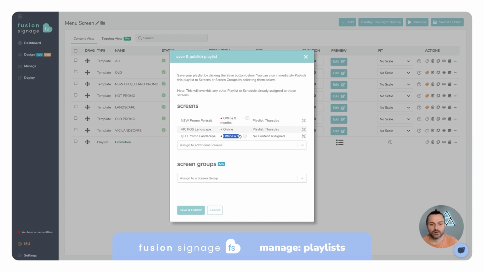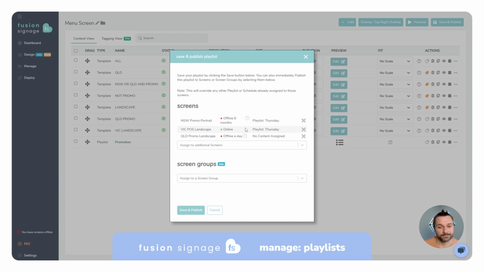Now, it's not uncommon to see that a device has been offline for a day. It could be that it has a scheduled on-off time on the screen, so it's going to turn off at 5 p.m. and then maybe turn on the next morning. But if it is offline for something like 8 months, you may want to get in touch with the store or your reseller just to see what's going on, because it's obviously not going to receive that content until